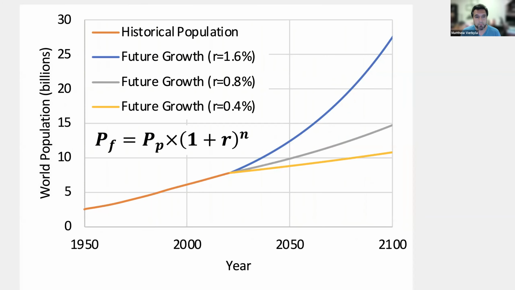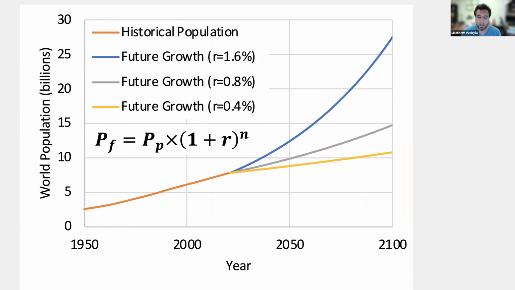A simplified growth model is shown here, where you can see the future population, P sub F, can be represented as being equal to the current population, P sub P, multiplied by 1 plus R, which is the population growth rate, raised to the n power, where n is the number of years into the future